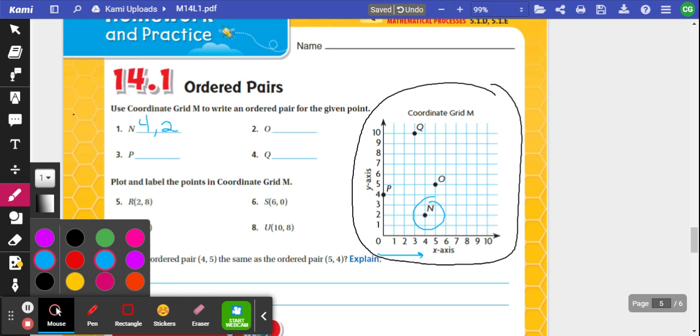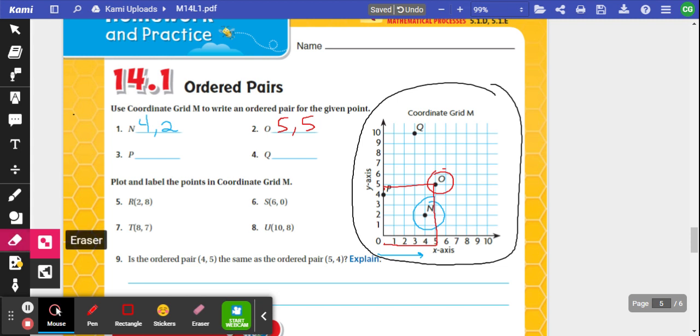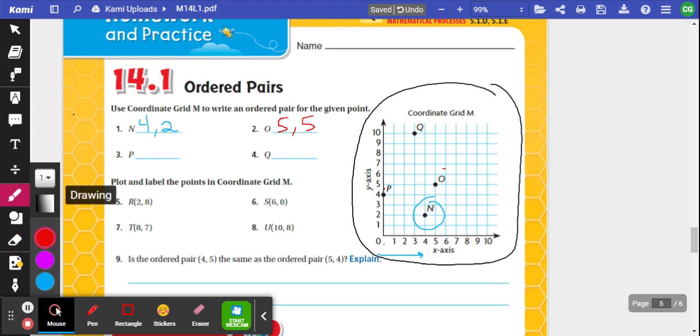Number 2, I need to find O, and that's that ordered pair there. Start at the point of origin. I'm moving all the way to 1, 2, 3, 4, 5 here, and I'm going up 5. So it's 5 and 5. Okay, I'll go ahead and erase that so that we don't have any issues. The next one